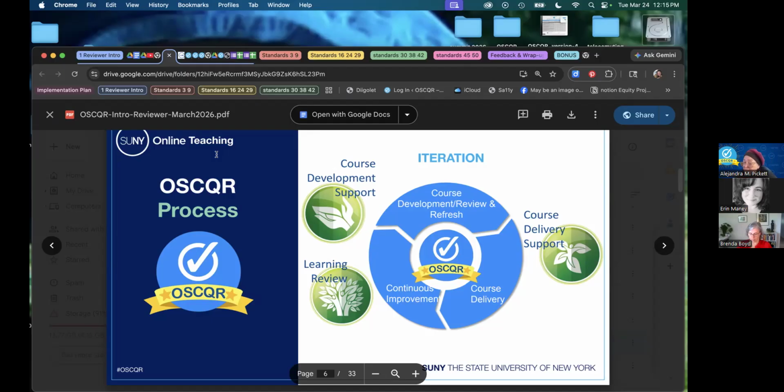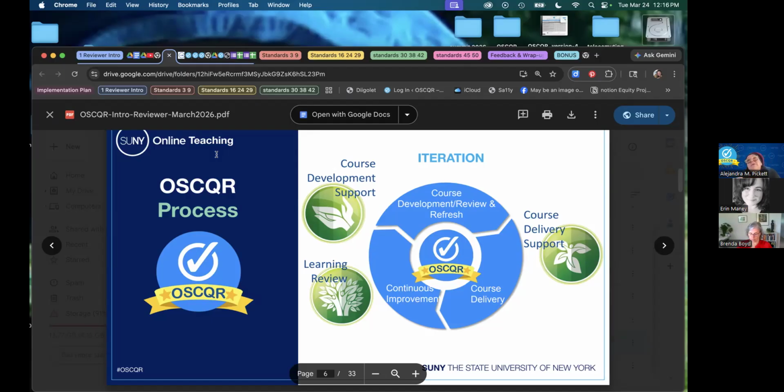There's an action plan that gets generated as a result of doing an OSCQR review that identifies the things that either the reviewer or the instructor, if they're doing a self-assessment, identify as needing improvement.